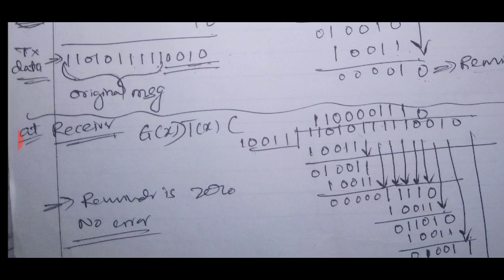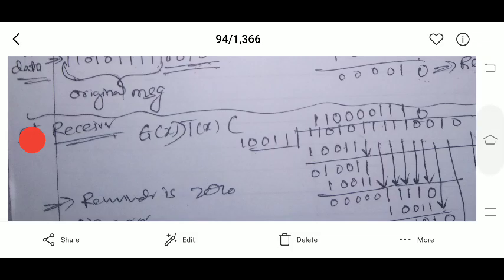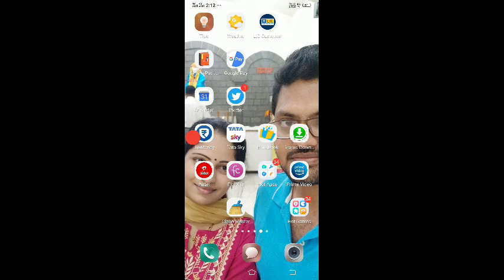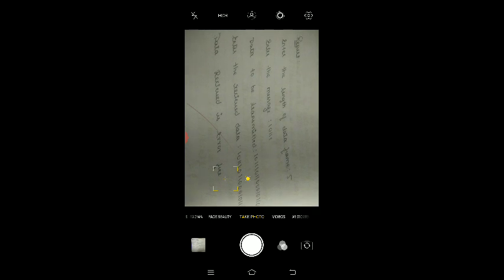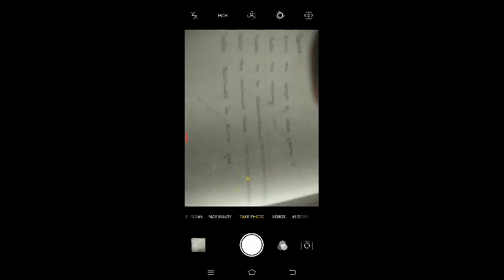So here I need to write the program. In this program, what does it need to ask? It needs to ask: enter the length of the data frame. Then: enter the message. You will enter your message.